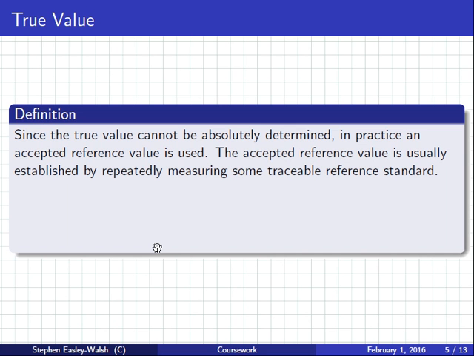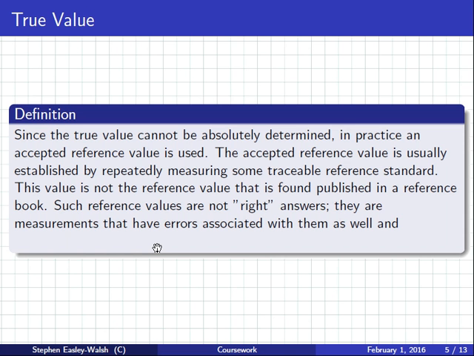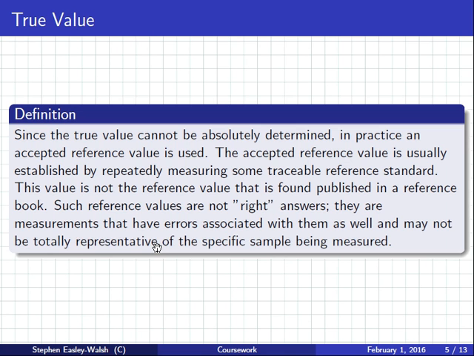The accepted reference value is usually established by repeatedly measuring. This value is not the reference value that is found published in a reference book. Such reference values are not the right answers. They are measurements that have errors associated with them and may not be totally representative. So,